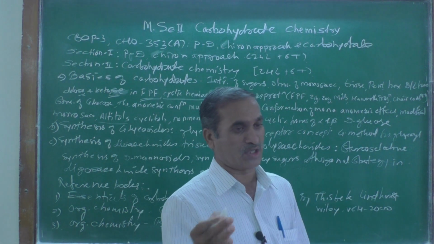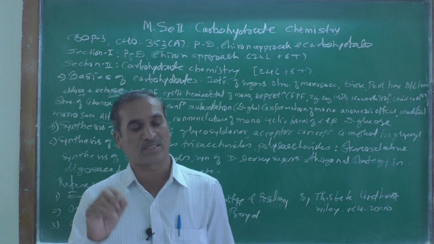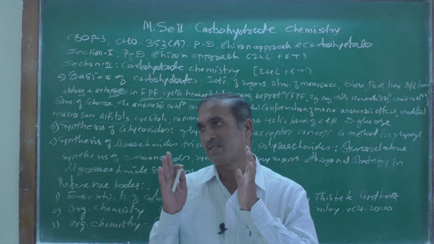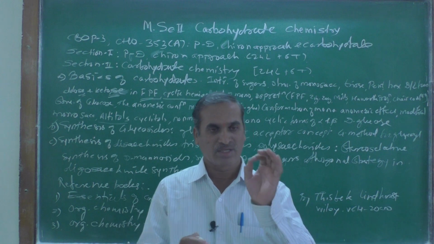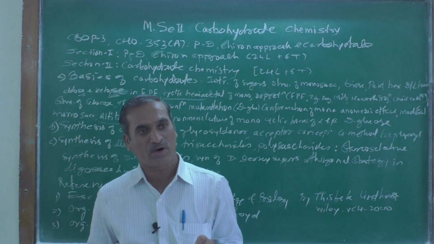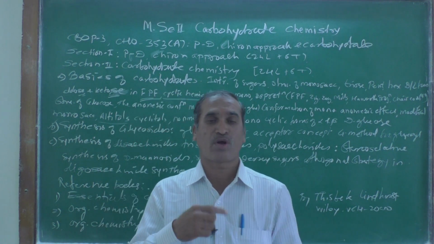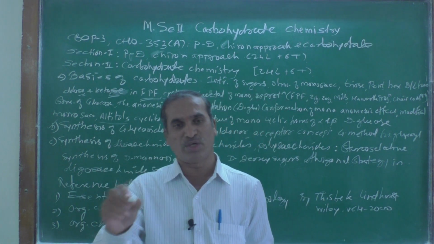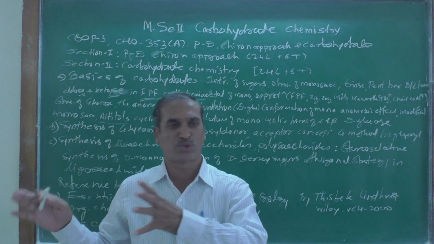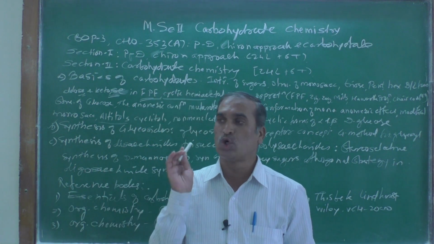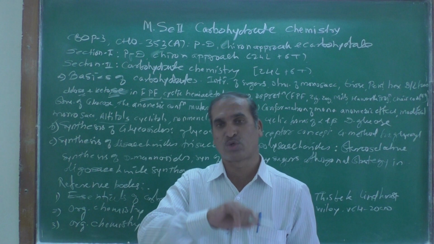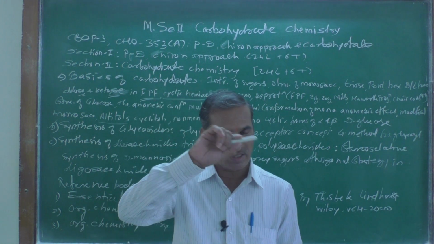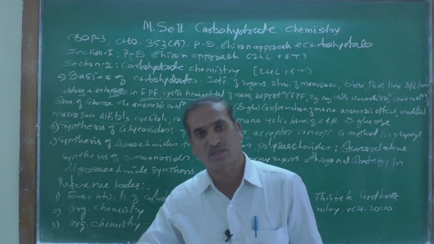and sequence, as we know, the sequence rule or the CIP rule. CIP rule means what? CIP are the names of three scientists: C stands for Cahn, I for Ingold, and P for Prelog. According to that, you have to assign the priority numbers 1, 2, 3, 4, and then look and see the rotation, whether it is in a clockwise manner or